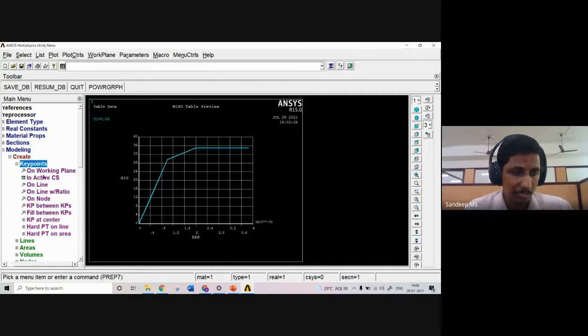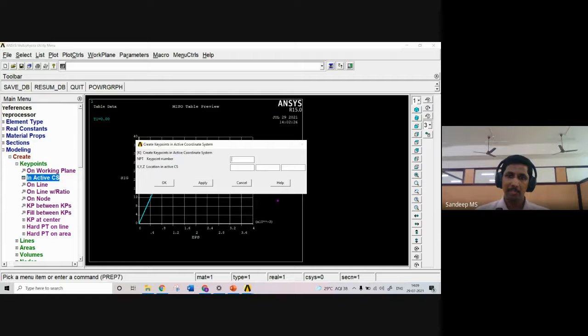You will know if you take AutoCAD, for drawing a line, we can give commands. We can define from start point, end point, and we have polar coordinate options. So in different fashions it is there. In a similar way, we can create key points, line, area, or whatever you want in ANSYS through different options. So here I am selecting just one option, that is key point in active CS. Now we will get a window like this, and I am just continuously numbering my key points.